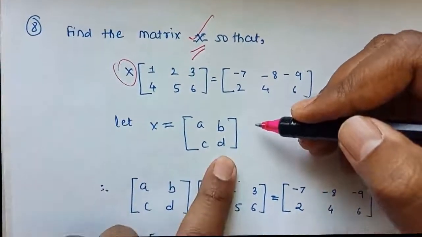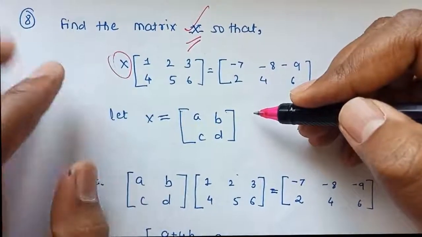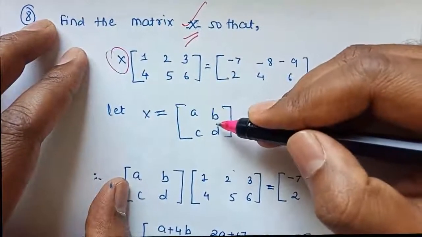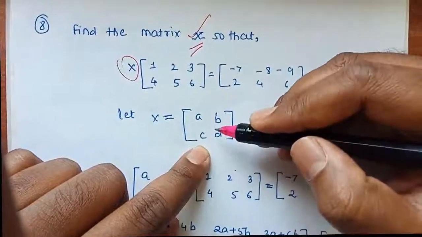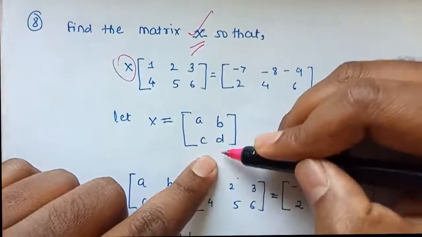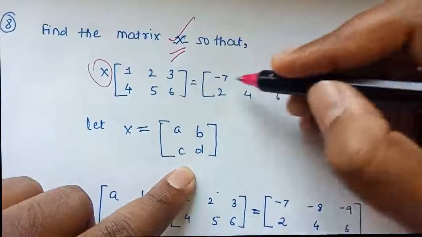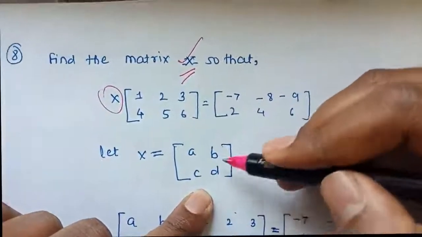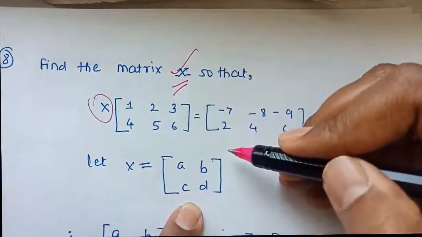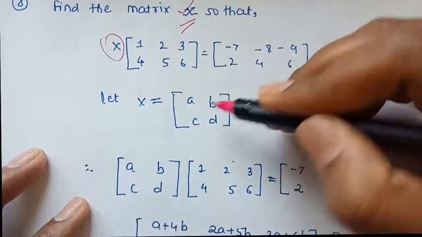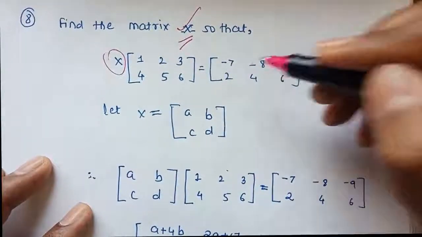So another question may come, why are the rows of this matrix 2? Because if I take 3, and if I multiply these 2 matrices, then I will get the columns of this matrix 2, but the rows I will get 3. So the order of this matrix will be 3 by 2. So 3 by 2 means for the third row elements, I will not have anything to equate here. If I get 3 rows, here there are only 2 rows. So by equality of matrix, I cannot equate the third row elements here. So basically, definitely I should have 2 rows and 2 columns here. So in this way, once you get the practice, you will easily understand which matrix I have to take so that the order will match with the given matrices.